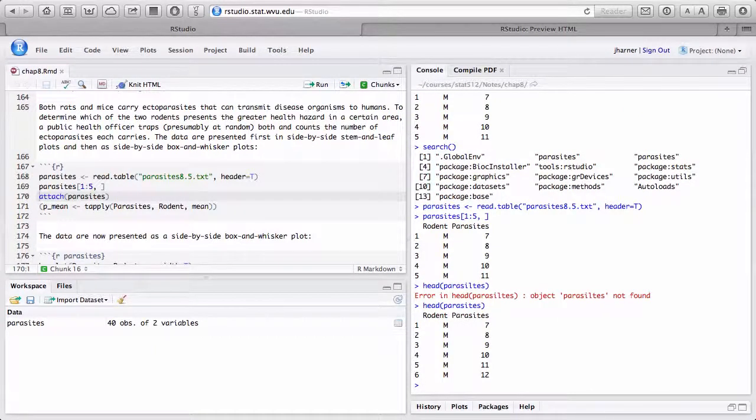And the head will give me the first 6 observations. So instead of saying 1:5, I have an operator called the square bracket operator, and that actually is going to allow me to subset. In this case, it's a data frame. In other words, if I say the